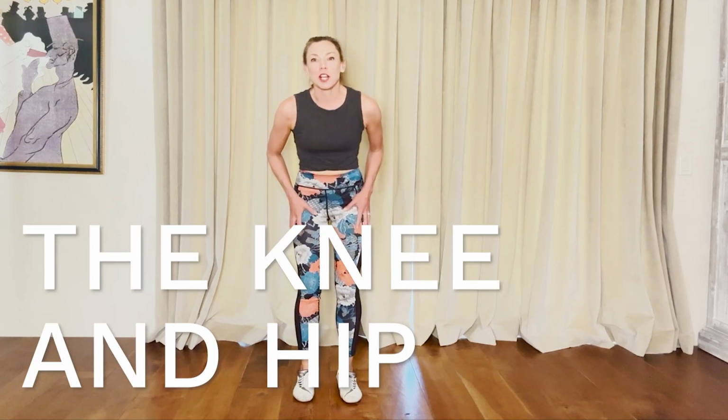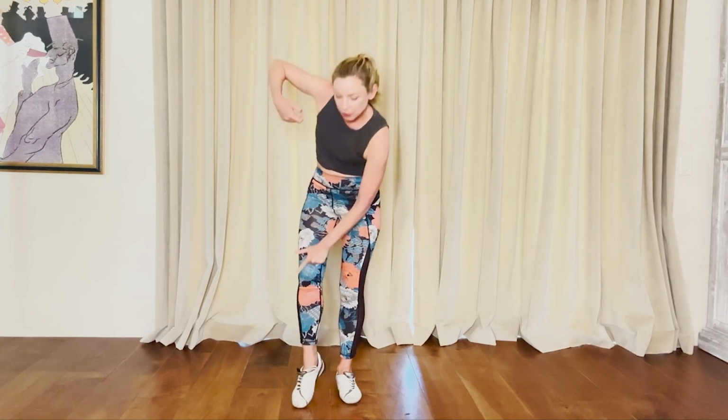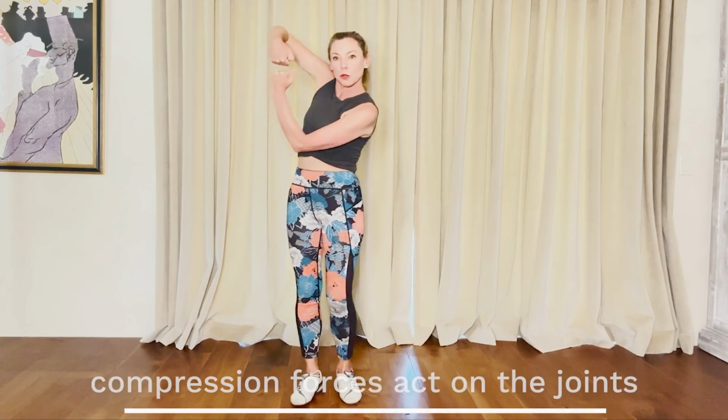The next joint I'd like to briefly talk about is the knee. I'm wearing these jazzy pants so you can see, okay, when I'm twisting my legs versus my legs are staying still and I'm twisting my body. The important thing to know about the knee joint is it takes a lot of shock absorption, okay? So if this is my femur, this is the upper part of my leg, and this is the lower part of my leg, just with gravity withstanding, the joint